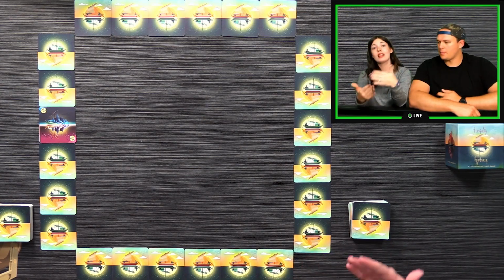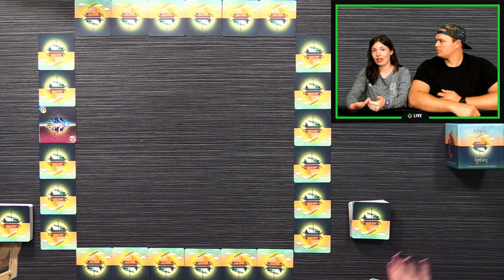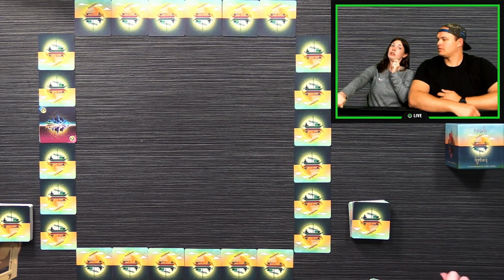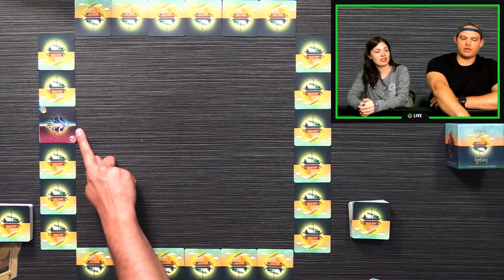We're not allowed to talk specifics, so I can't tell you what numbers I have. I can't tell you what I'm planning on doing. And the cards that you discard are also secret. You can't say, I'm discarding a 70 over here. We are also playing with one of the little...